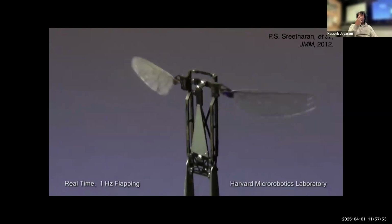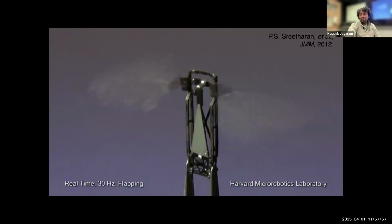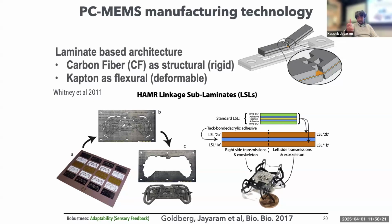Anyways, so I think there are ways to go smaller. People have been thinking about some ideas. And so the steps of this process are basically similar. You use SEM, you laser machine, but you have pin alignments to improve the positioning. You still do the release, but instead of manually folding by hand, you leverage some automated folding or assembly principles. And using this, one of the first robots I designed or helped build was this